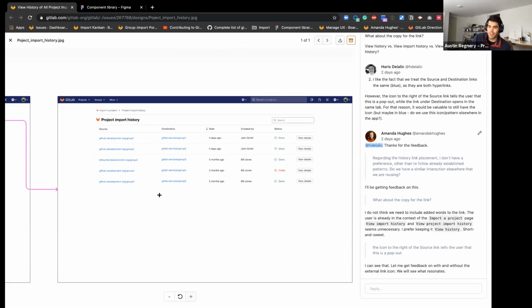Possibly. Is the destination always GitLab? Yes. We could say the column header would be GitLab destination. Then that might be clarifying enough. I mean, each of the links, well, no, that doesn't make sense, because technically they could call them whatever they want. It doesn't have to say GitLab in it. So I stand by that. I think you could change the column header to GitLab destination. Okay. Should I also label the source as external? What do you think about that, or is that not necessary?